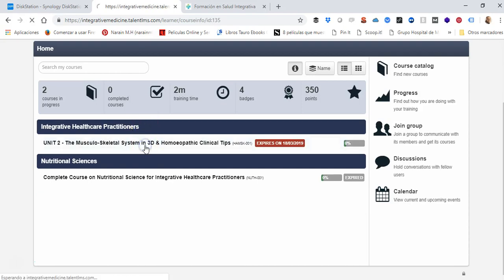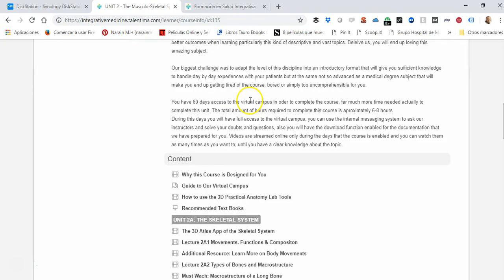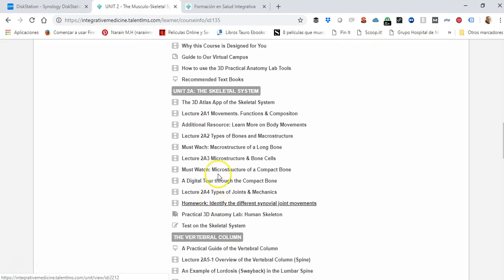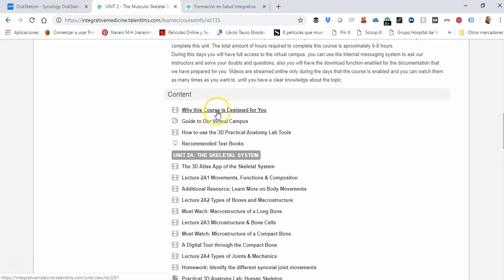So you just click on there. You'll find the description as you find when you are logged out on the front page. But in this case, you will have the links available or enabled. It's all a dynamic menu where you can access the different links. So you will find here how to use. Well, you have, first of all,